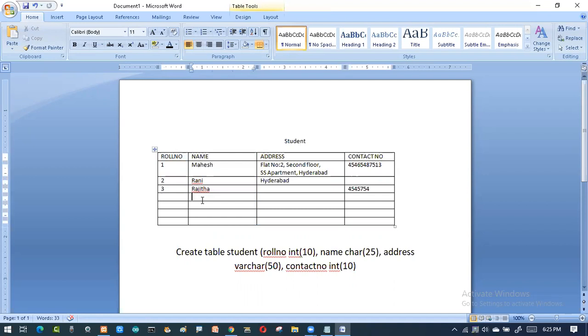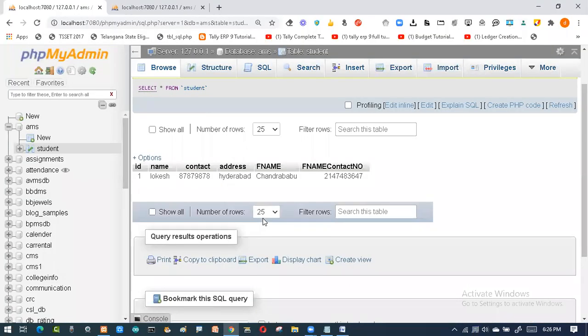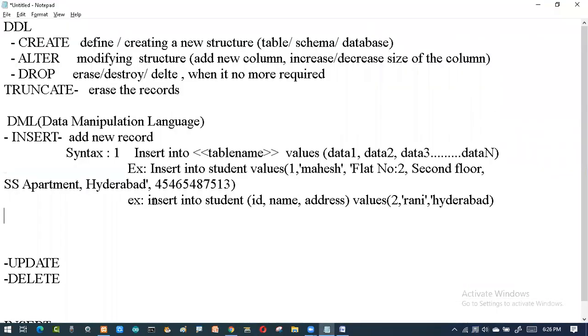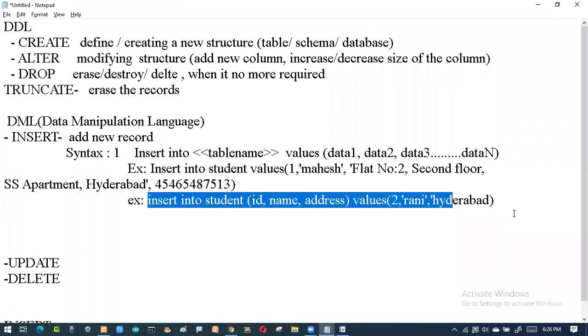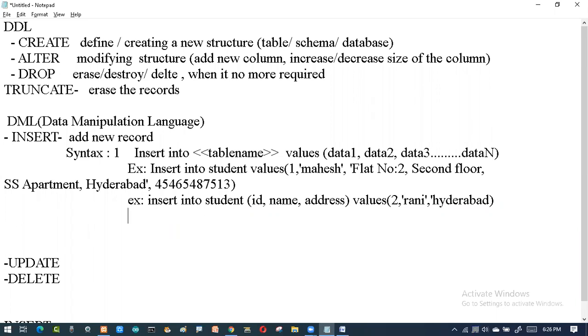I can allow the person and take the address, else I cannot allow the person without a roll number. Roll number is a must for me. So these two can be omitted, and these two are compulsory for me. So I go to this and say the same thing. I'll copy and type it over here, just copying this to avoid consuming time.